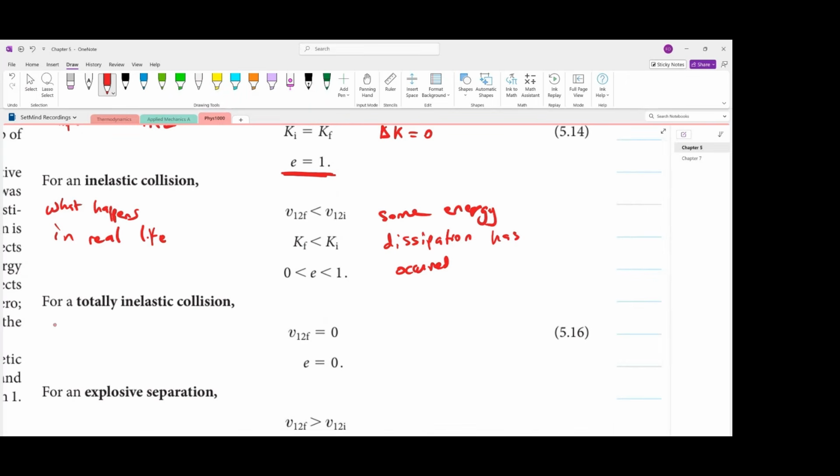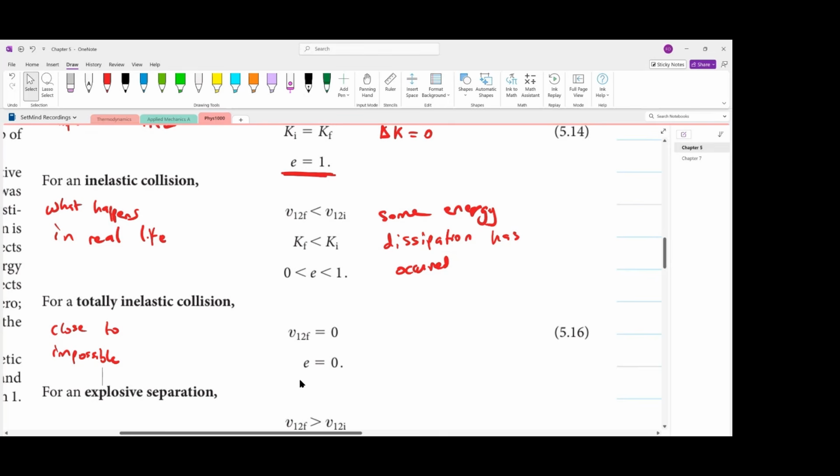And the reason is because in this type of collision, the final velocity just becomes zero immediately. So what that means is somehow after the collision, they both just stop moving, like they stop completely. And our coefficient of restitution is 0. Now it is very possible to happen. Like if you take maybe